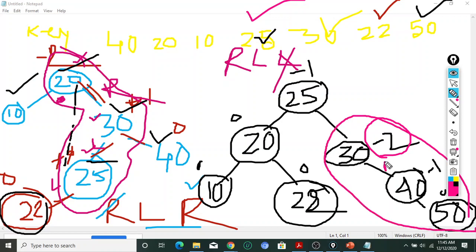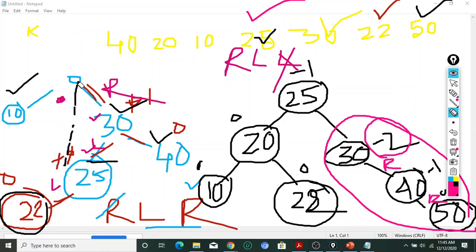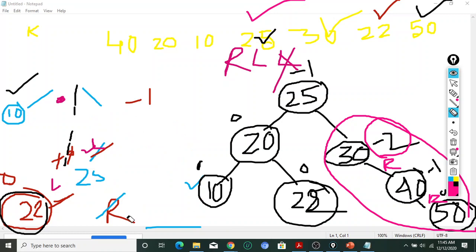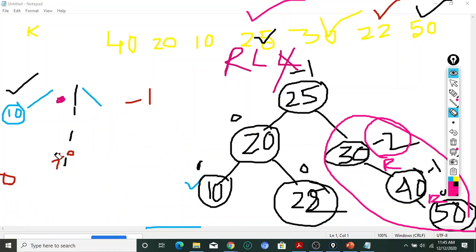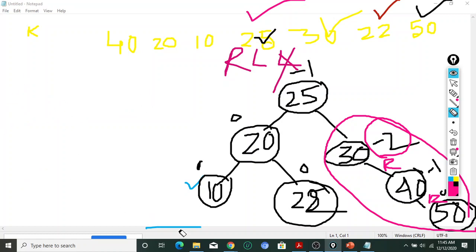So this is right and this is right, so RR means we have to perform the left rotation, anti-clockwise, yes or no? LL rotation means clockwise rotation, and RR rotation means anti-clockwise rotation. If I perform anti-clockwise rotation here, 40 will go up, so the final tree will be 25,